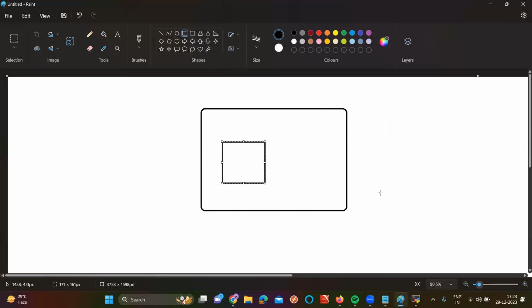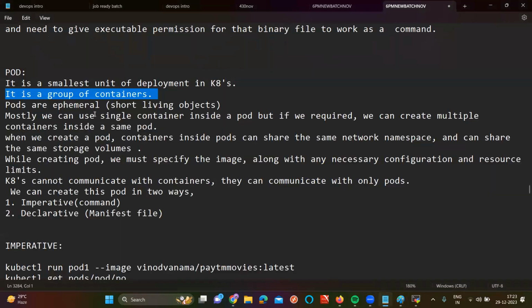Mostly we use a single container inside a pod, but if there is any requirement, we can create multiple containers inside the same pod. We don't do that generally.